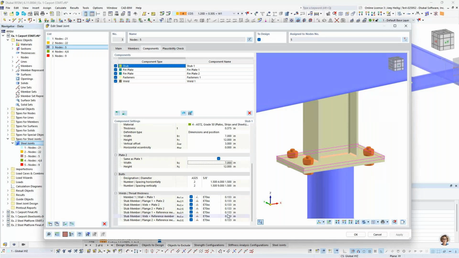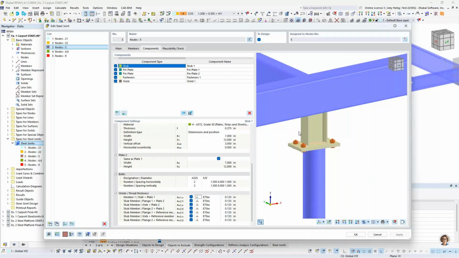And by the way, I also wanted to mention that the weld type is also available here in this dropdown. The default is the fillet weld, but we also have a couple other weld types like the butt weld available too. So that's that stub component, and that's really all that's needed to connect this column to this HSS